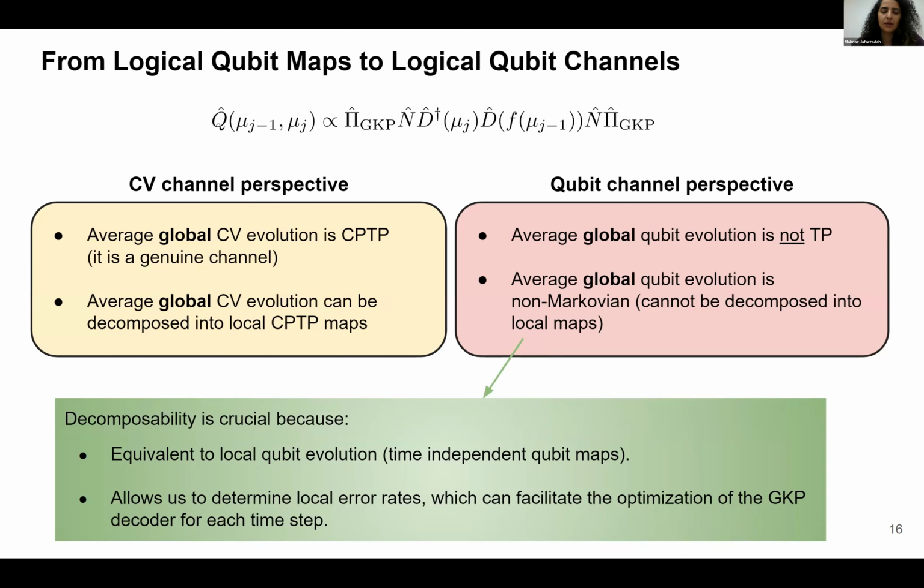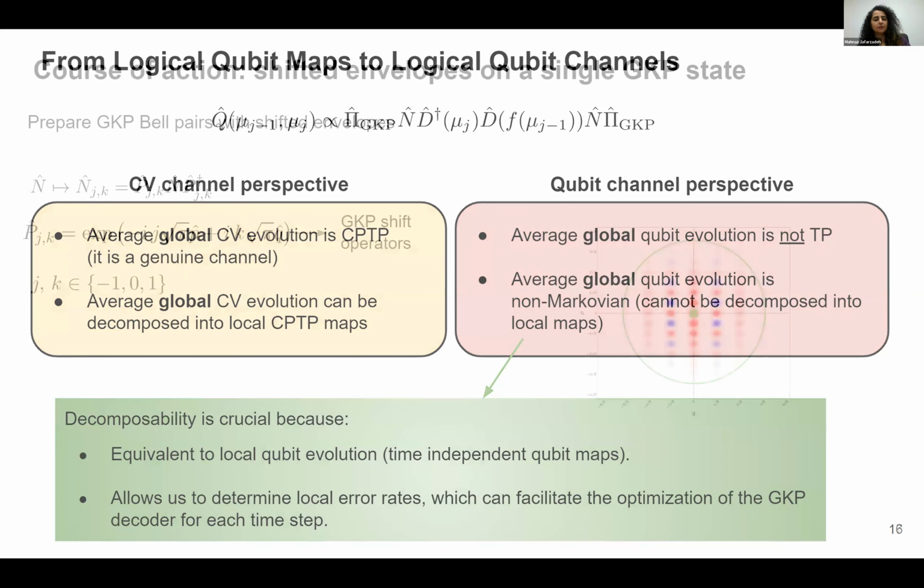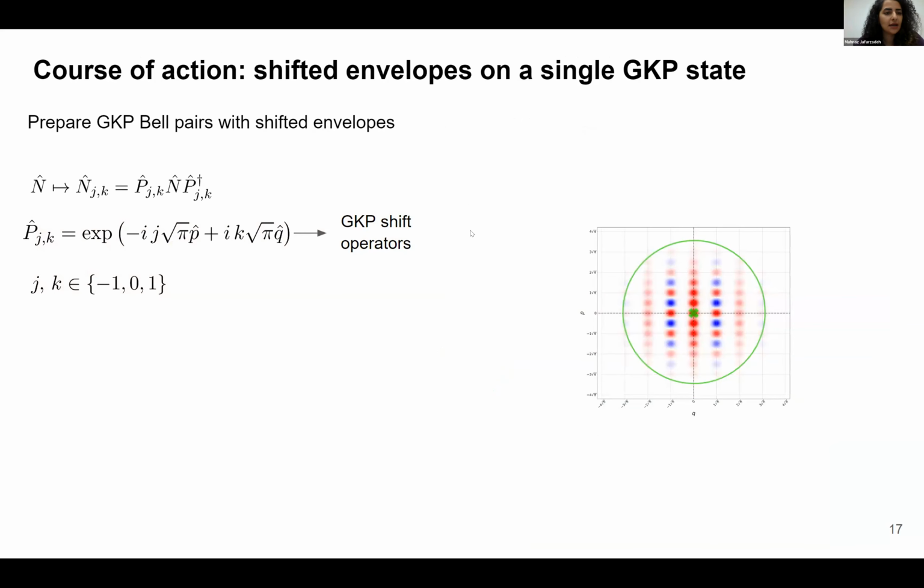And why we care about decomposability is that it lets us define local qubit evolution, and that allows us to determine the local error rate per time step, and that allows us to optimize the GKP decoder also per time step. So we want to find something that both preserves the code space and also has all the right properties of a qubit channel. There is a way to do so, and what we do is that we take an